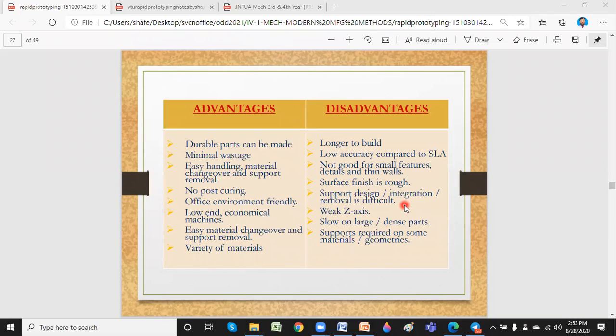Support design integration and removal is difficult, as we have to take care of the extrusion heads, nozzles, as well as the headers, everything. So for removal of the model or prototype, it's a little bit of a difficult process. Compared to XY axis movement, the Z axis movement is a little bit inhibited because it's a weak Z axis. So it is slow on large or dense parts.